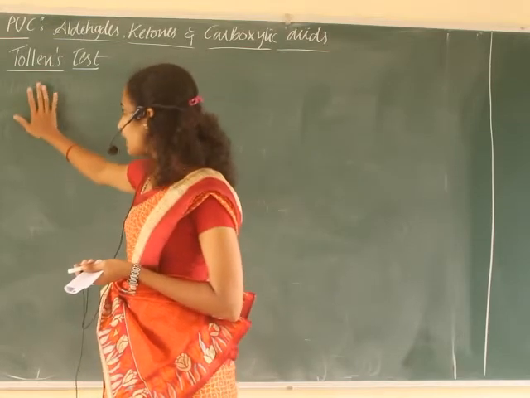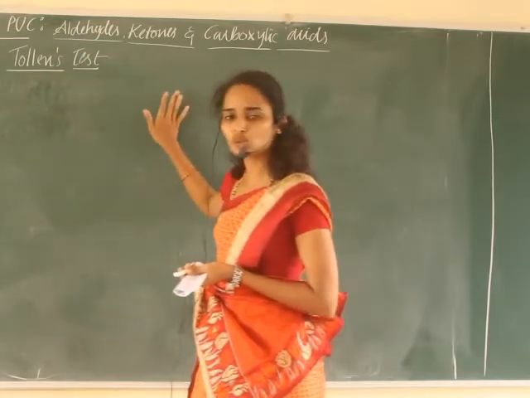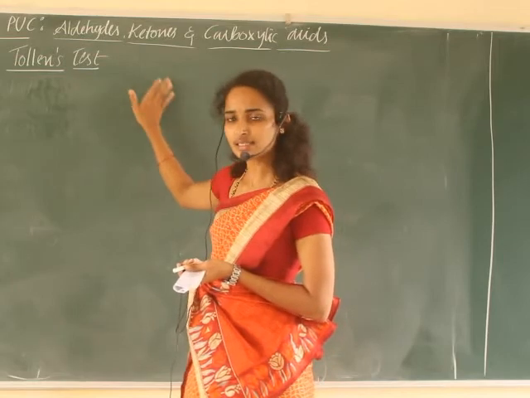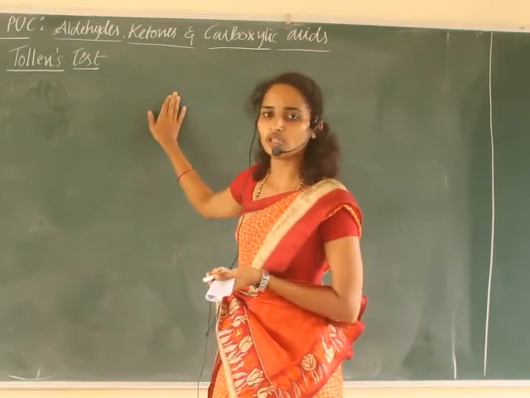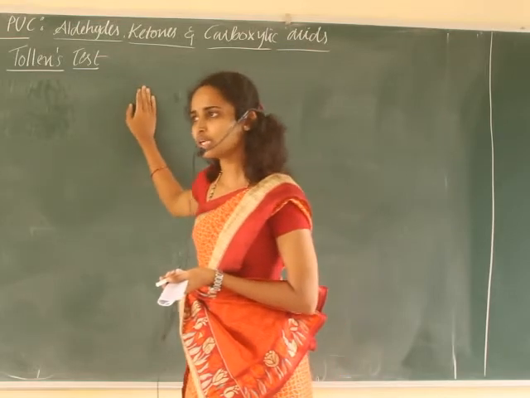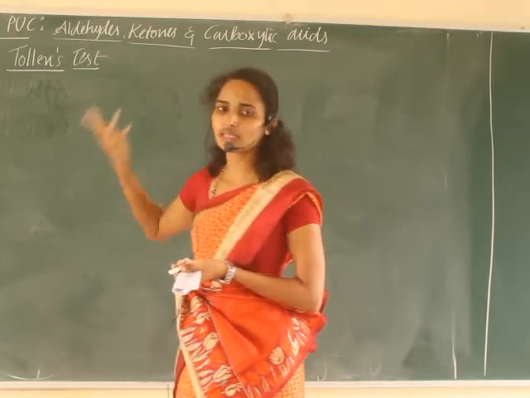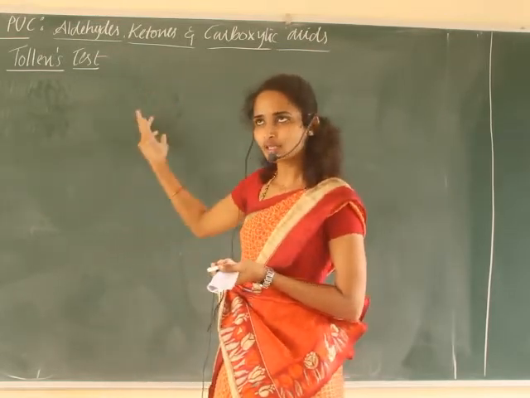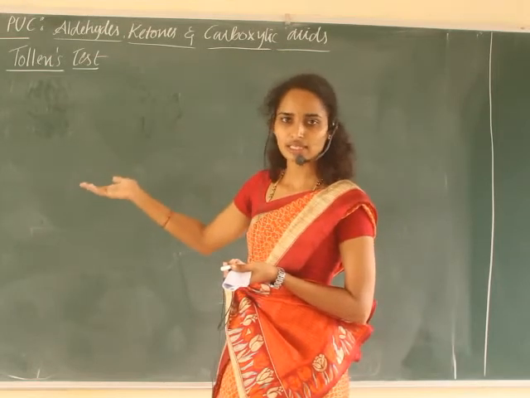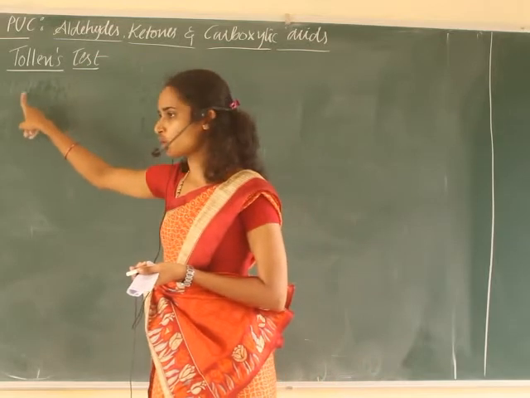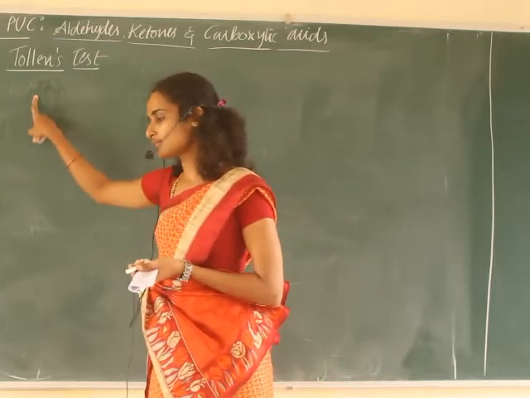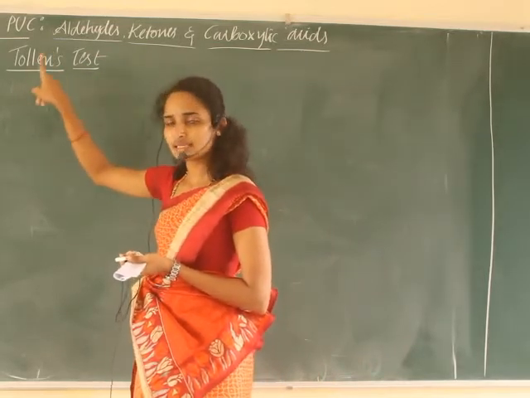That is, aldehyde will oxidize to carboxylic acid. In the sense, aldehyde will oxidize to carboxylate ion, which on acid hydrolysis will give carboxylic acid. That's all. This is one of the examples of an oxidation reaction, as well as the Tollens' test being an example for